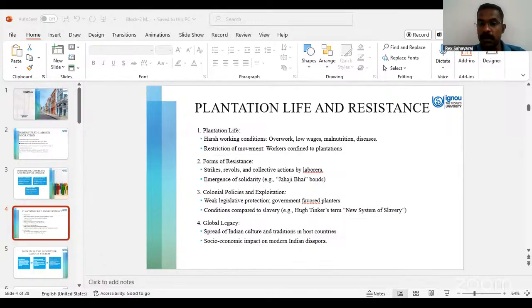And conditions compared to slavery, like a new system of slavery, and global legacy, spread of Indian culture and transition in host countries, right? So here the global legacy has started, even though they went as slaves. The Indian culture and tradition in host countries, the socio-economic impact of the modern Indian diaspora had happened. So this is the condition when we look into the